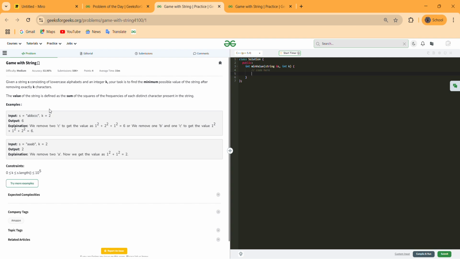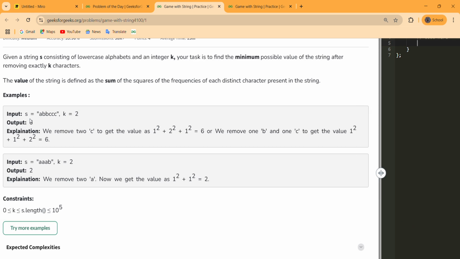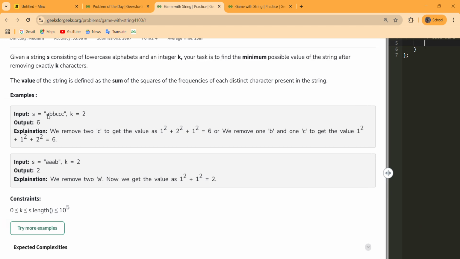Initially, A occurs 1 time, B occurs 2 times, and C occurs 3 times. We have to remove k characters such that the frequencies can be minimized for each letter.